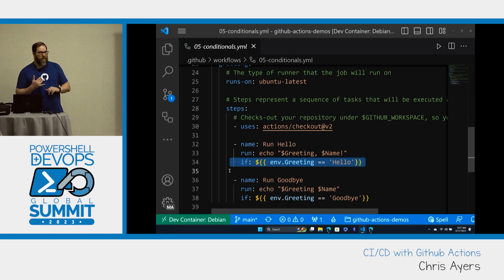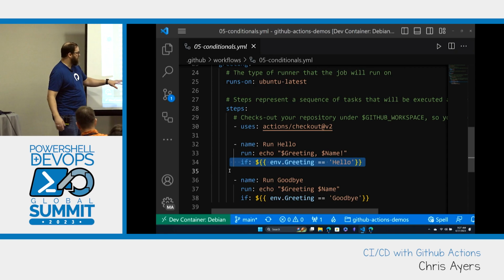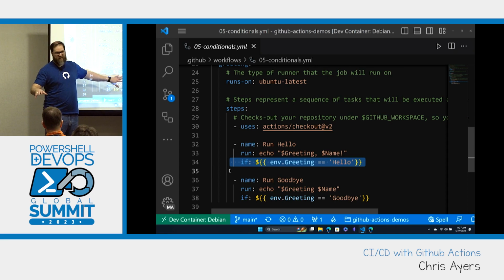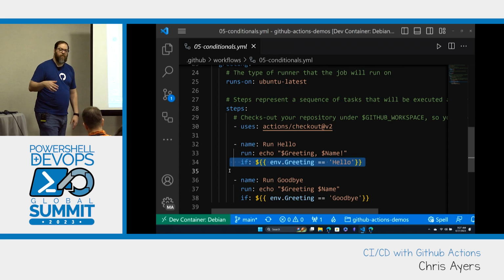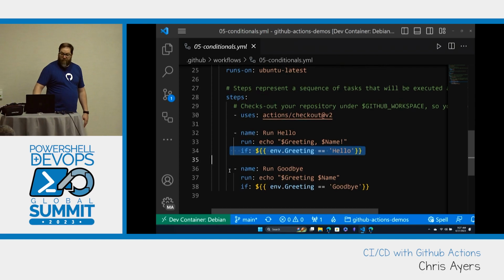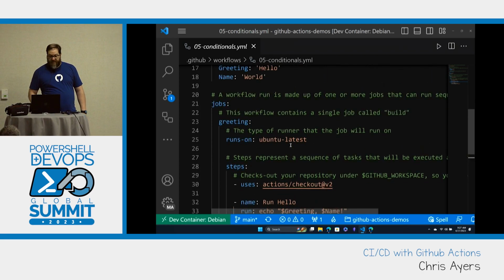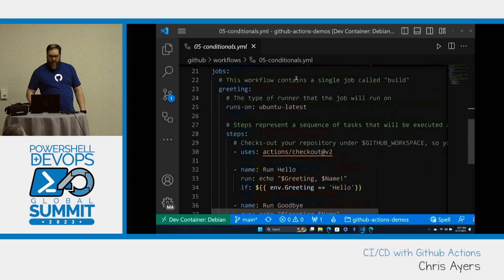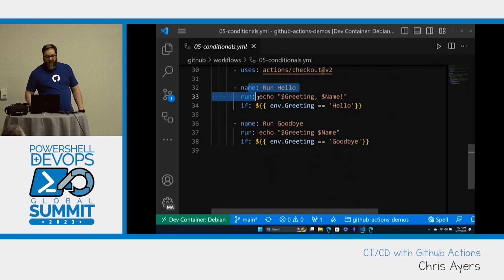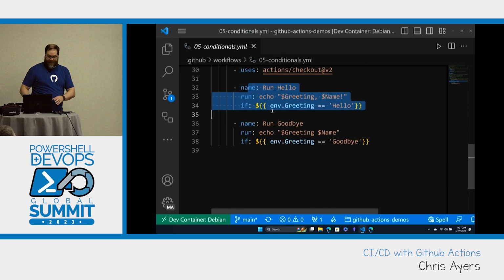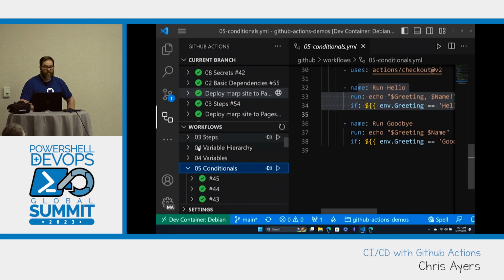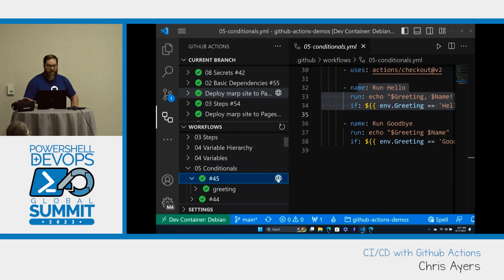This is what we call a context. This is the environment context. There's a lot of other contexts we can tap into as well. But because I say the greeting is hello, this should run hello, but not goodbye. And it's actually real easy to see. If we come out here to the web,